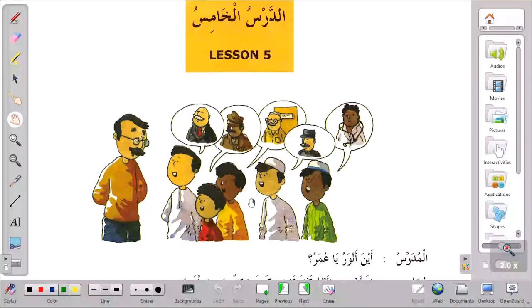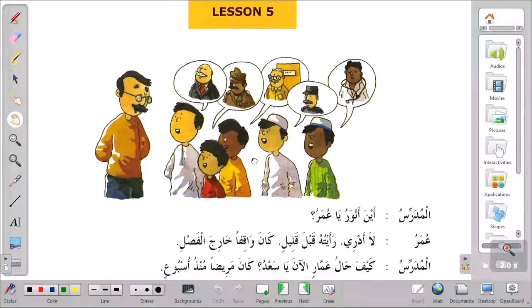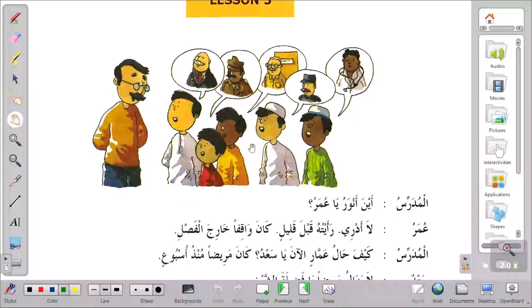In this particular lesson, the first part of it, we are going to be looking at kana. Okay, kana. And then we will also look at other new things that we haven't looked at before. So let's try to begin. But of course, as usual, we would like to make some little explanations before we start reading from the book, so that when we are reading, things will be much easier.